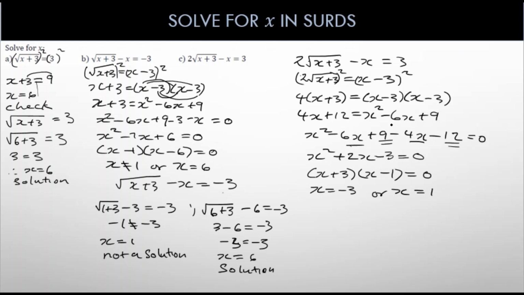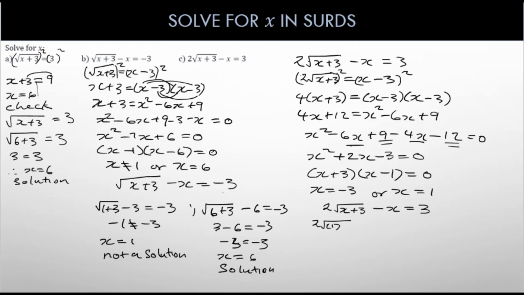Those are our solutions, and then we have to check which of those solutions are valid and invalid. So now our original equation was 2 root x plus 3, and then it's equal to 3, and then the first one we have to check is 1. So when we check 1, we have to substitute,